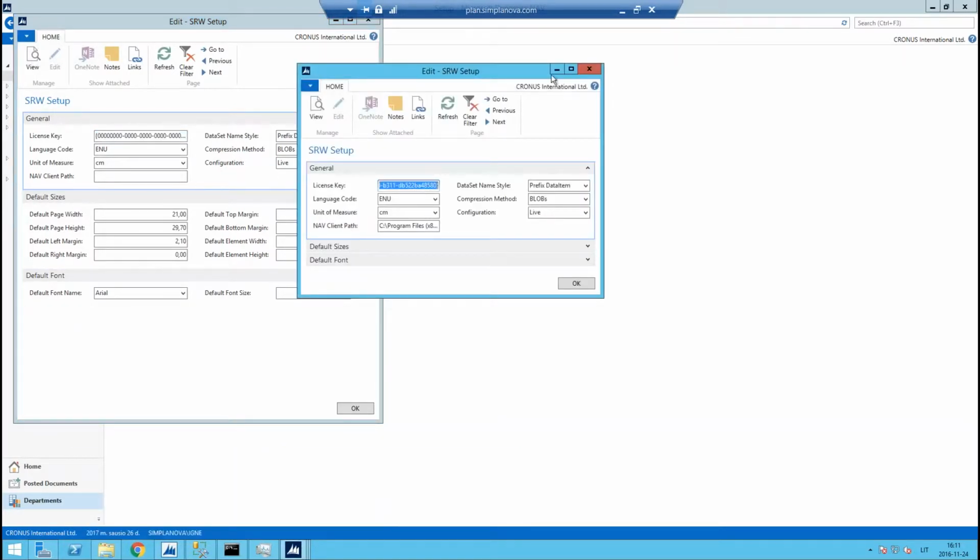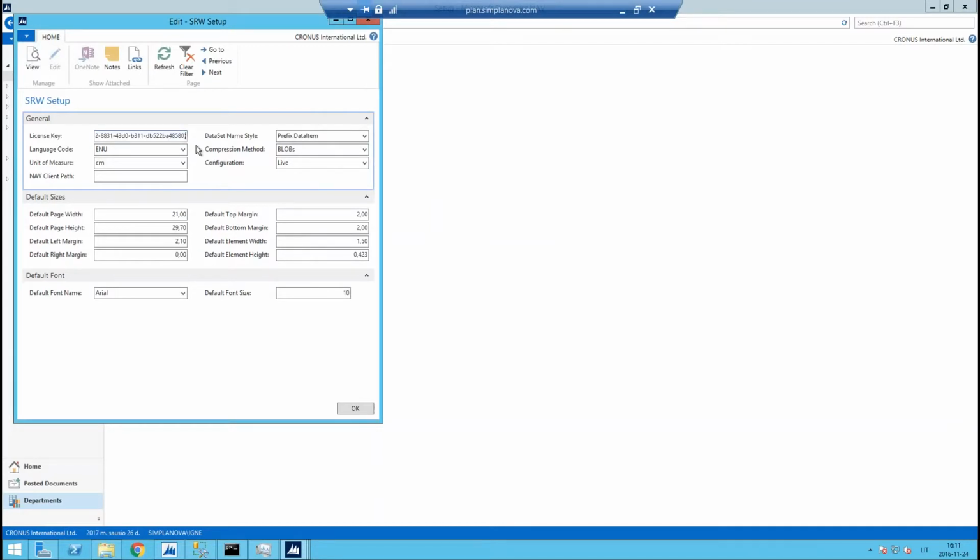I've already prepared it, and as Pat just mentioned, you'll be issued license keys as well, in case you haven't got them yet. Then I can set a few other properties like data set naming style or compression for different types of fields, and the default caption language. The unit of measure can be either centimeters or inches. I'll leave centimeters, but the only other thing that is required to fill out in here is the Nav Client